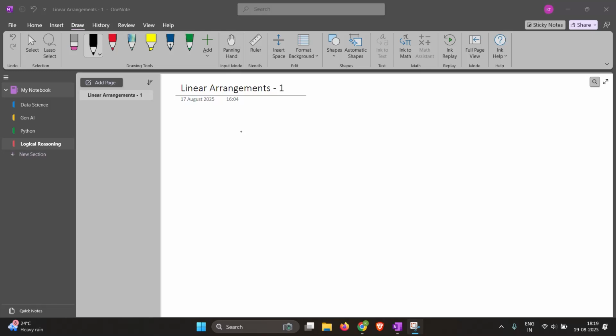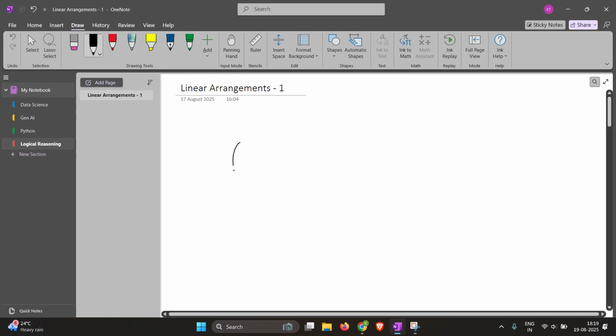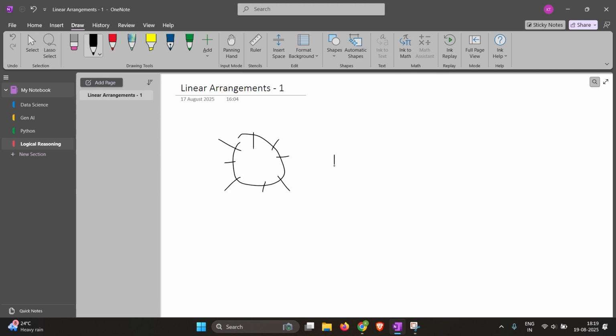Today, let's learn about arrangements. These are a type of questions in logical reasoning where we deal with things which are in some sort of arrangement. Maybe it would be around a round table arranged in some manner like this. Maybe they can be things arranged in a straight row or anything. But we are given some clues about how the things are arranged, and based on those clues we have to